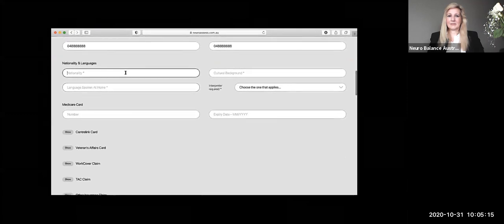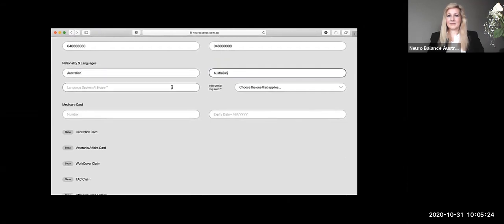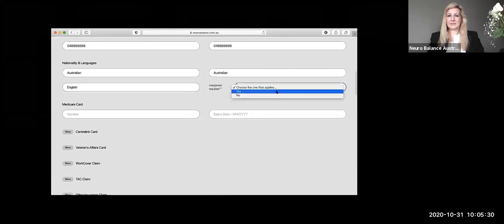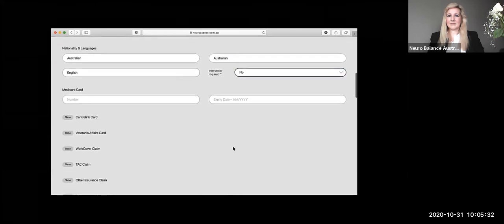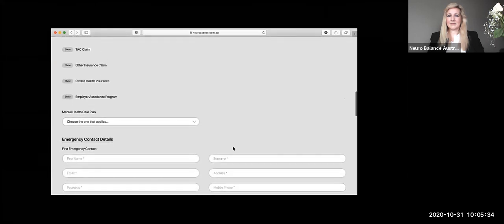So nationality, anything with an asterisk now has to be completed. And the good thing is that patients now have an opportunity to put in details like Medicare card, which as counsellors, unless we've got Medicare rebates, is not of interest to us.